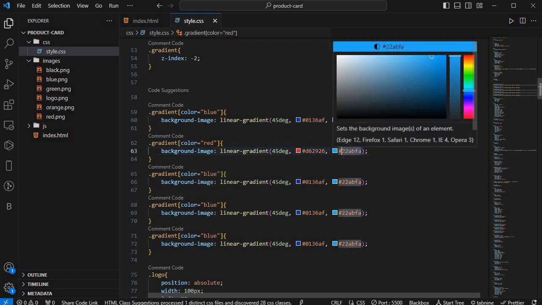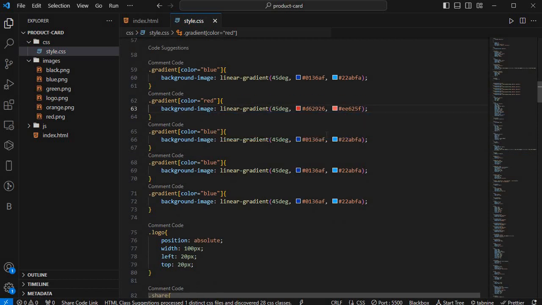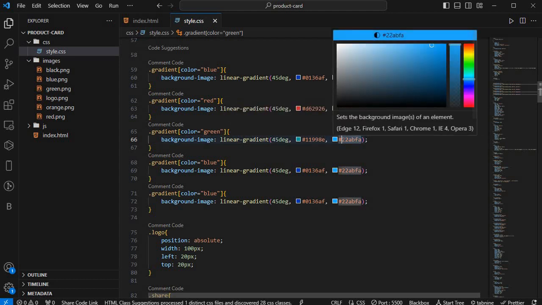Then we have here hash EE625F. So that's that. We go to the next one. When it is green, then we have 11998E. Then the second one should be